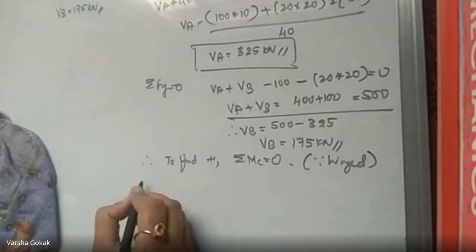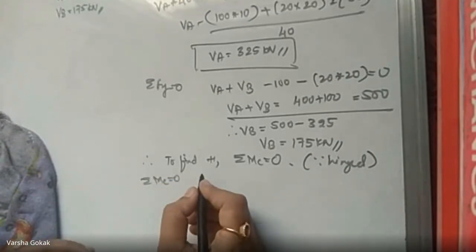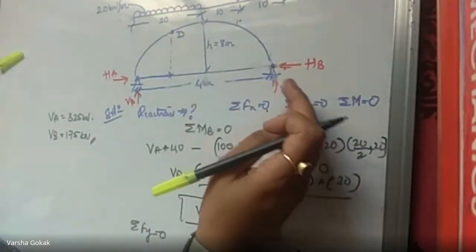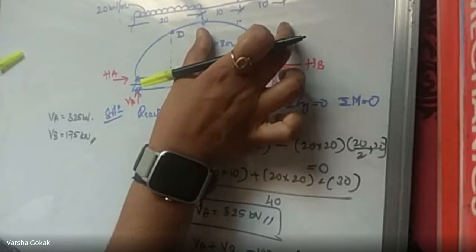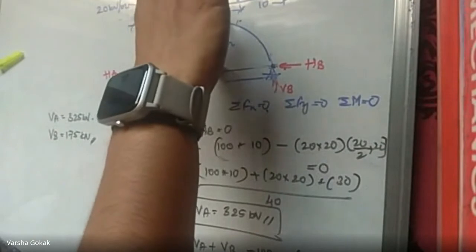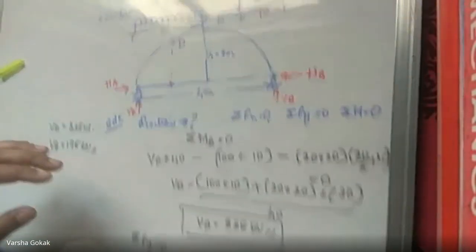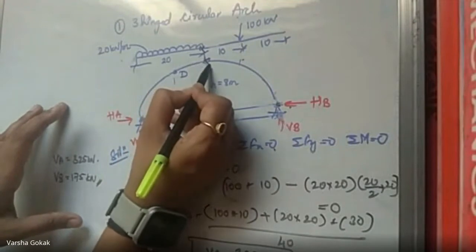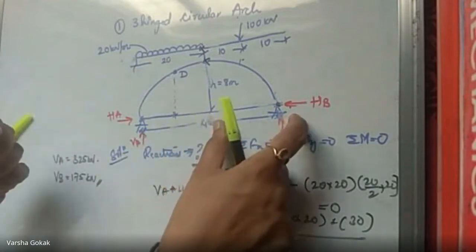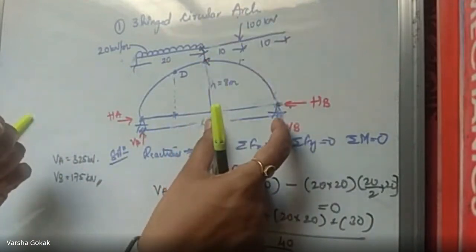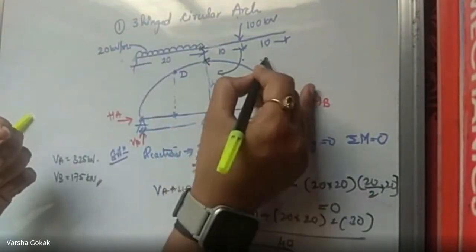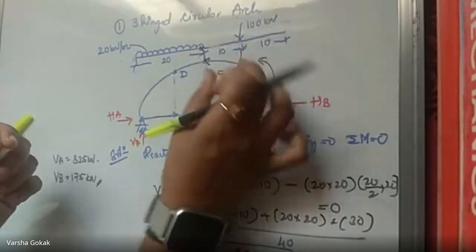So when I'm taking moment at C, MC equal to 0, what are the equations that come to moment at C if I'm going from this side? VB into 20, okay, 100 into 10, and then H into this distance. Okay, my hand is coming into picture. I'm taking moment at C, that is this point, and I'm taking the right hand side. If you take left also is fine, no issues. I'm taking right. So VB into 20 you will do first. And then 100 into 10 you will do. 100 into 10 will go like this clockwise. VB will go in anti-clockwise. So this is minus VB into 20 plus 100 into 10.